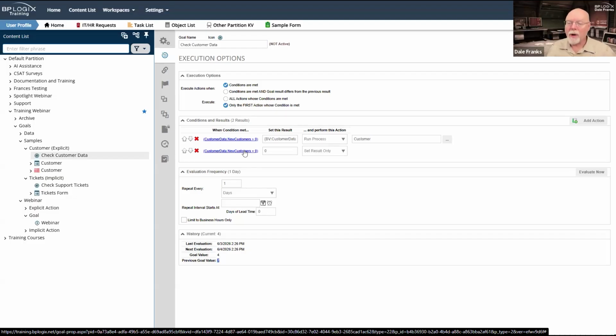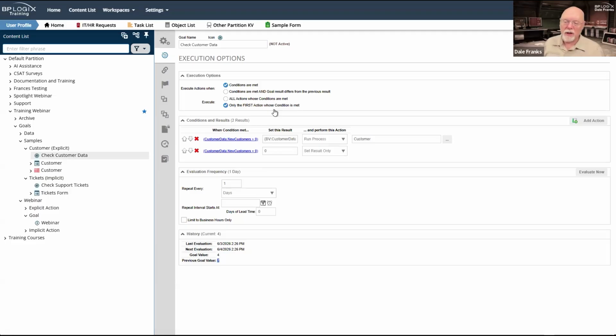So if you're going to set only the first action whose condition is met, it becomes super important that you put them in the exact order in which you would like them to be evaluated, so that if the first one that it runs across is met, you don't want to run the rest of them. So this top execute options thing can be a little complex, but it gives you a lot of flexibility in determining how you want your goal to run and what actions you might want to take.